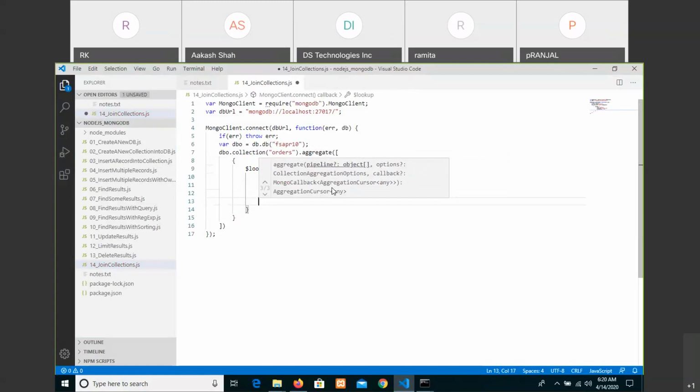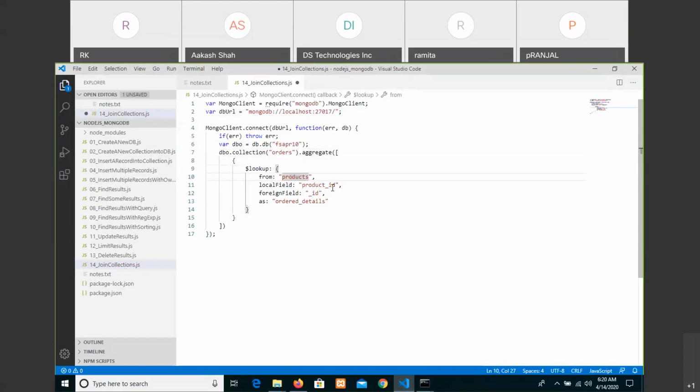Based on all these things, you are creating something, a name, ordered details. In this, you are going to get the matching results of orders inside the products table, or we can say collection.